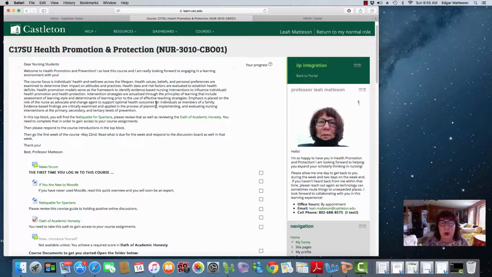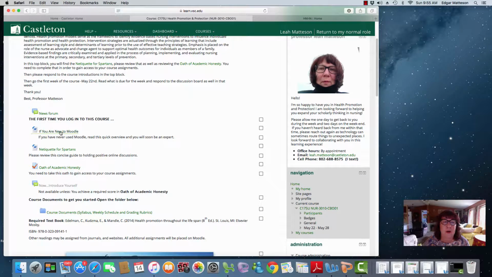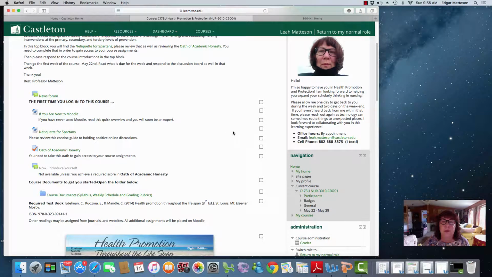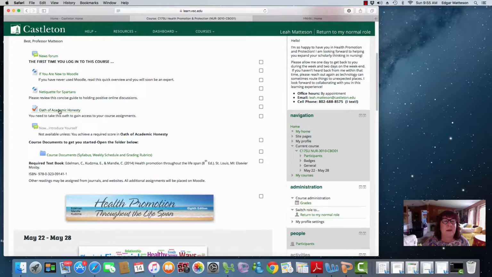When you first log into this course, you're going to check over this document. It talks about some of the linkages for Moodle, also the netiquette for Spartans. This is the concise course guide to holding positive online discussions. Here is the oath of academic honesty, which you'll need to do. If you just click on it and then sign the oath of academic honesty,